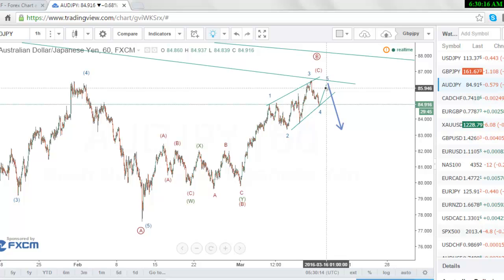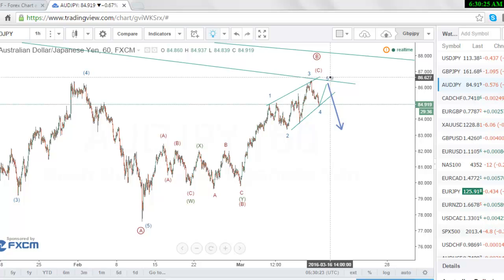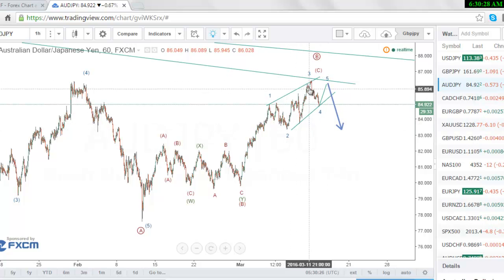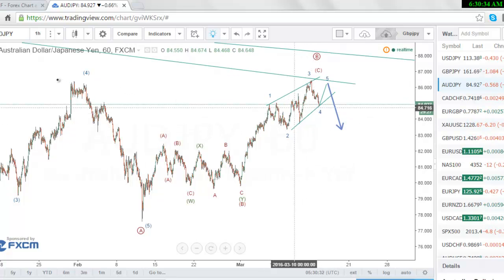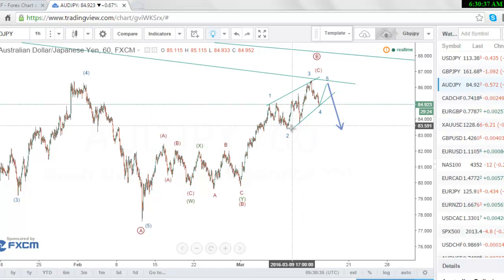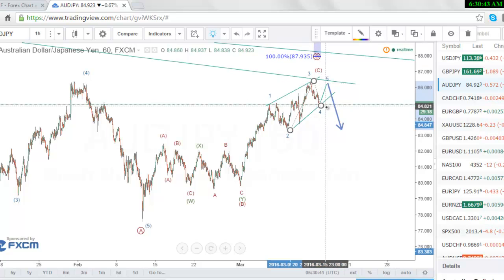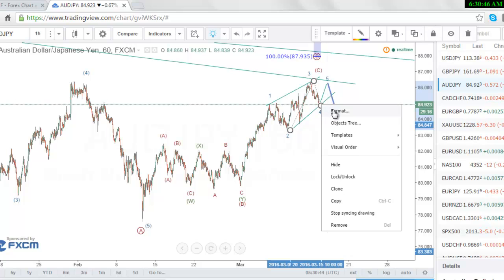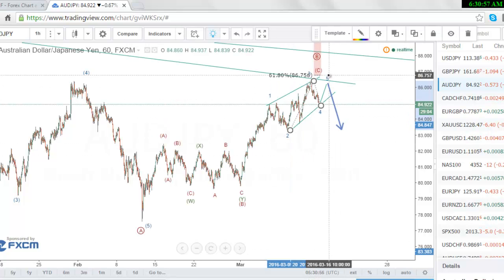All right, so this is 1, 2, 3, 4, so I'll be expecting a pull, a rally to somewhere around here. Okay, the rally shouldn't be longer than the third wave. Could be around that 61.8% of the projection of here from here. Okay, let me actually draw the projection so that I'll see what we should be expecting from here and then here. So let me add the 61.8 level, remove the 100,